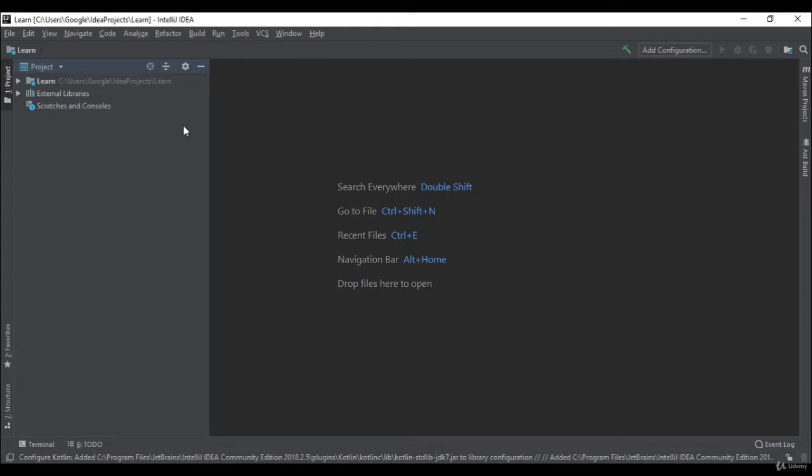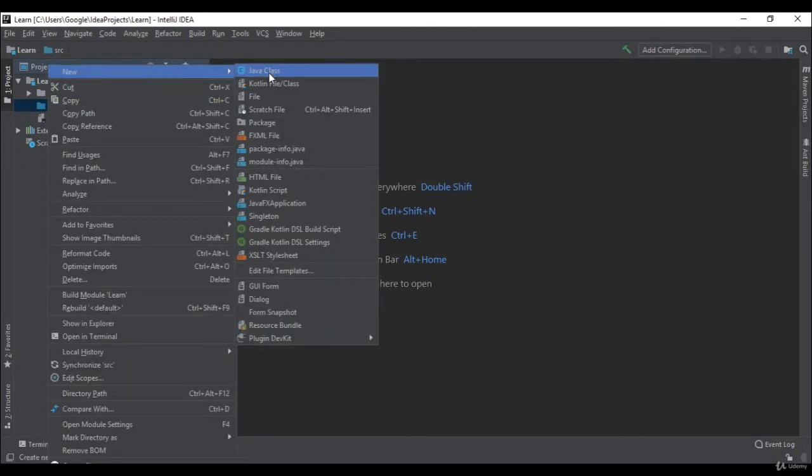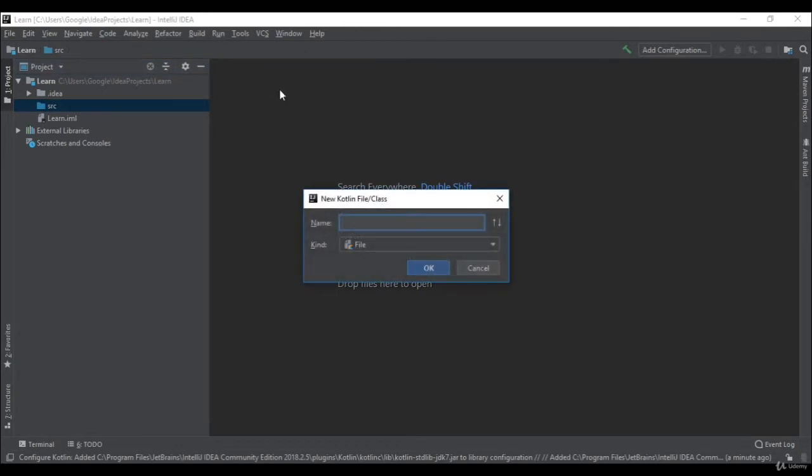Once you opened it, you need to ignore everything except this window where it says project, which contains all the files and folders for our project. So ignore the two in the bottom and just focus on this learn and expand it. Go inside this source, okay, right click, go new, then choose the Kotlin class, okay, and give it any name. For example, learn